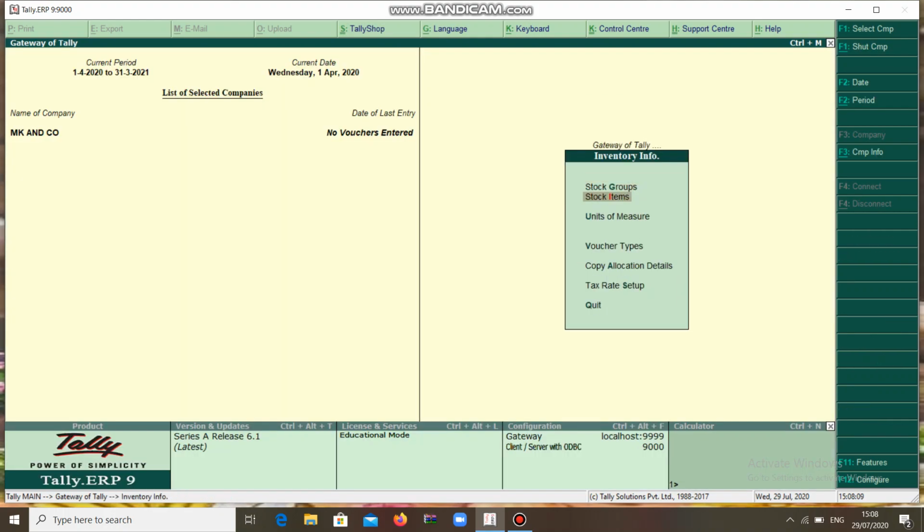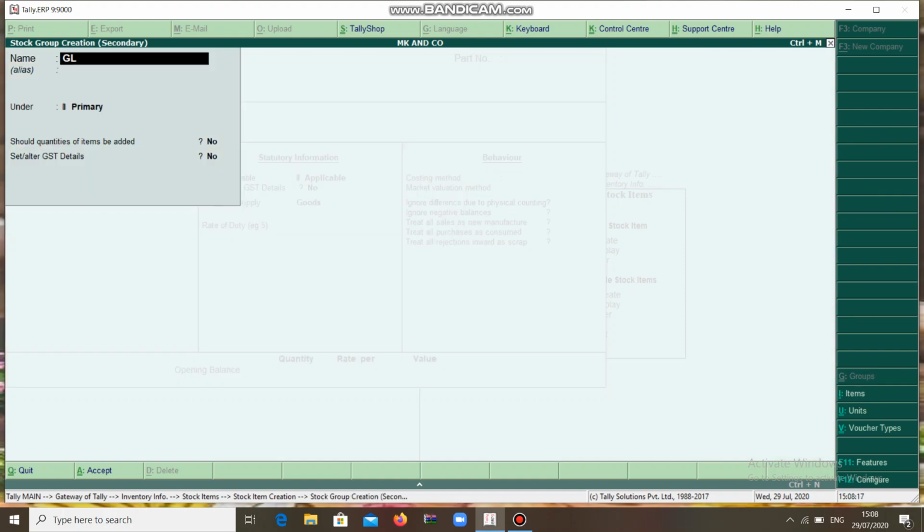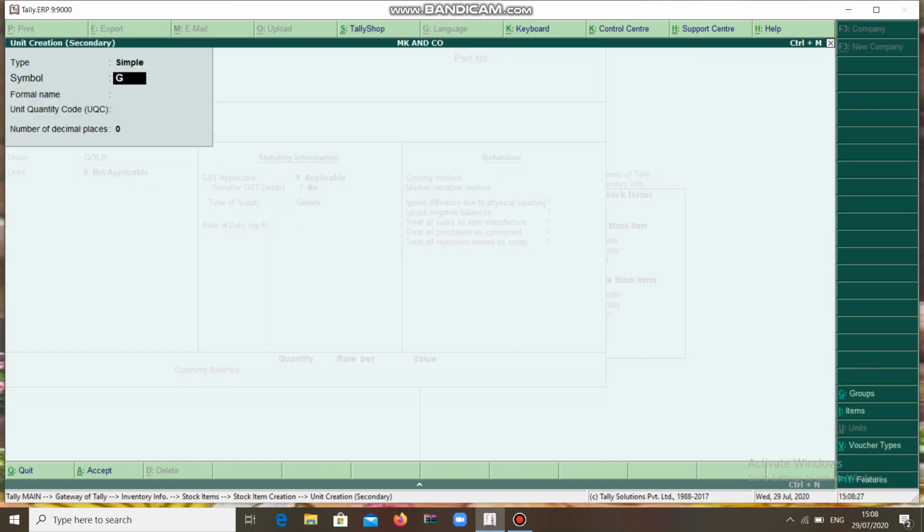You can take it as gold and silver, so you can make it as gold ring, hallmark gold. Should quantity of items be added yes, so it is to be measured in grams, GMS, grams.